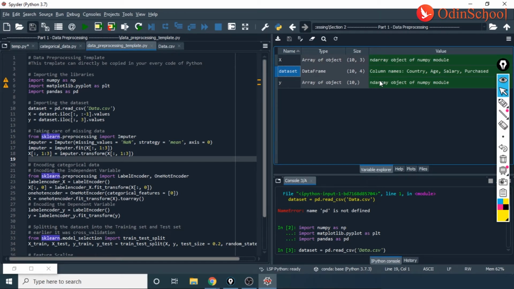I hope it's very straight and simple to understand. What we are doing is, in line number 15, sorry, in line number 16, I am considering, okay, let us just increase the size for better visibility.